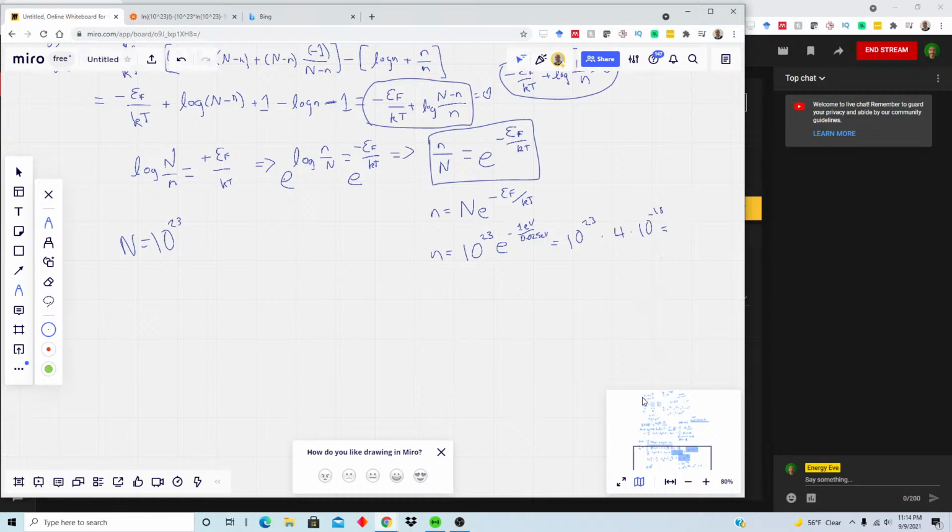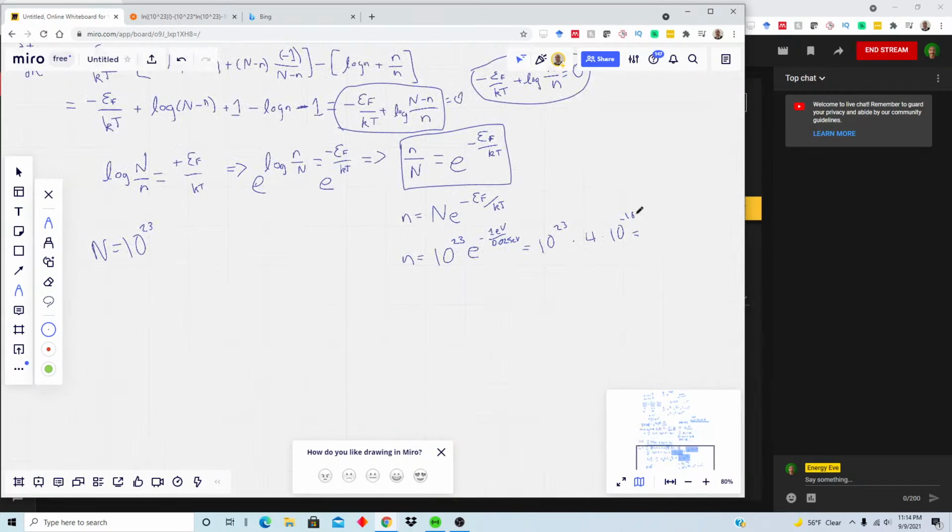And what value is this? This is going to be 4 times 10 to the 5. 10,000. So in here, basically we will have,